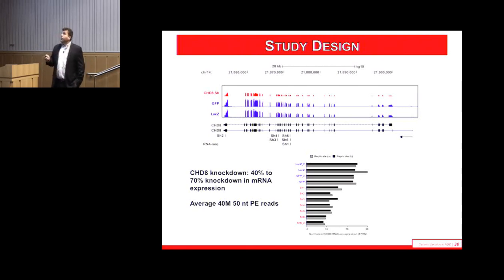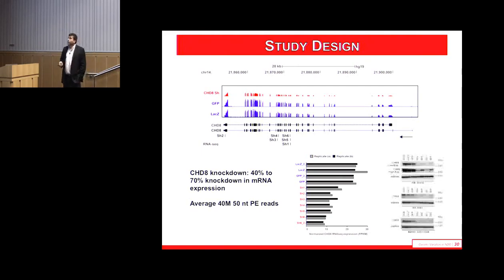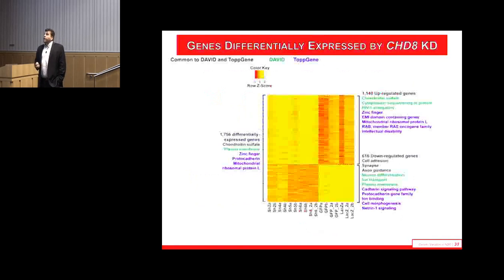This is the level of knockdown that we observed, so it clearly worked, and it ranged from 40% to 70%, exactly what we would expect in a hemizygous individual with a loss of function mutation. And when we look at the protein levels, we see that they've gone down, just as we would have predicted. Okay, so what did we find?